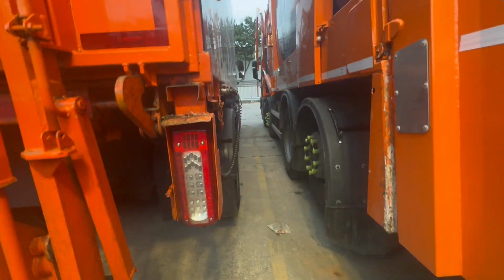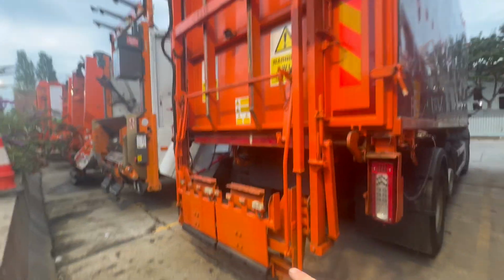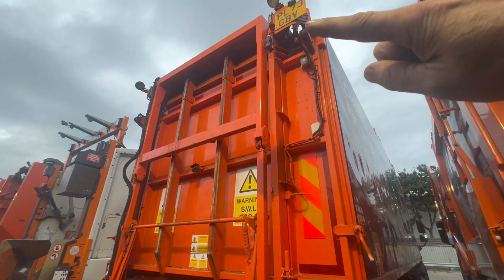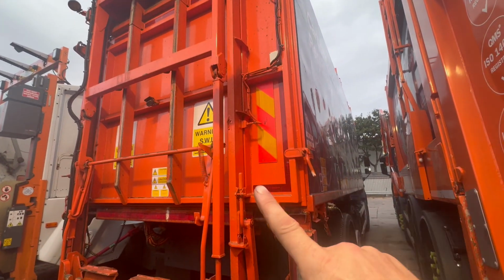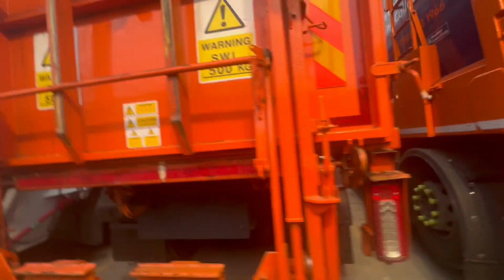And then, once we've done this one, we'll do that one. Now this is a bit different to what we usually have. The bin goes on the back, it goes all the way up the top. The door opens on the top, tips the bin in, drops it down. Predominantly used on food and glass waste, these vehicles. And what else we have is